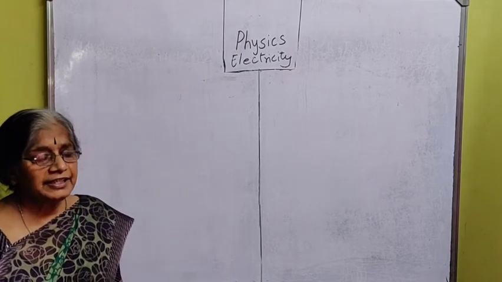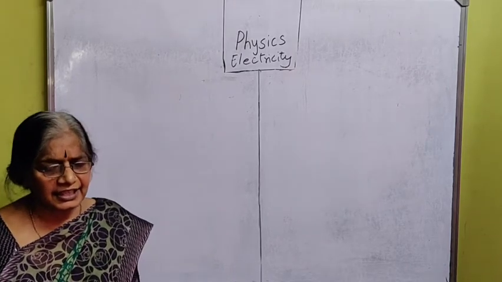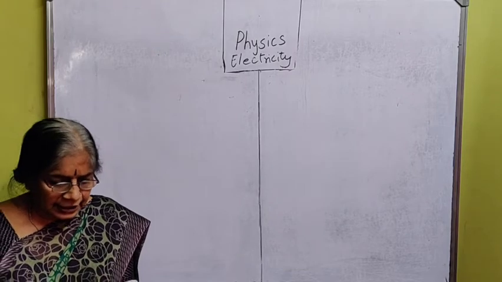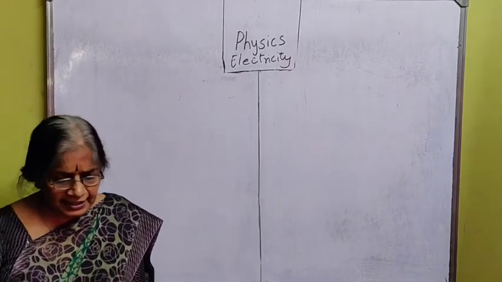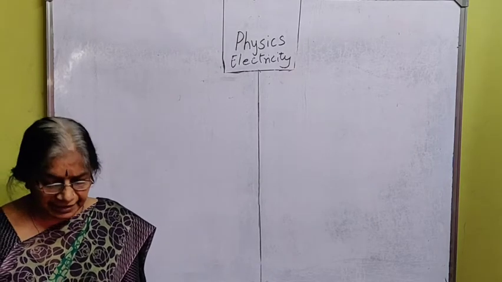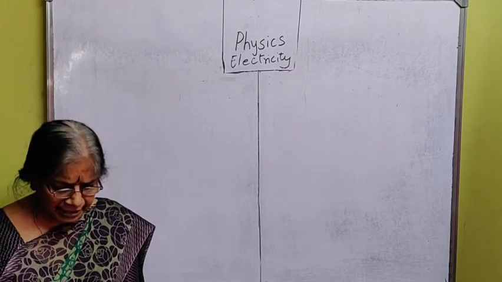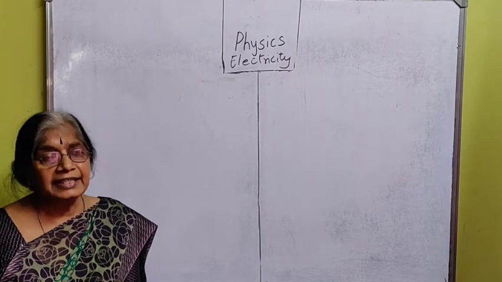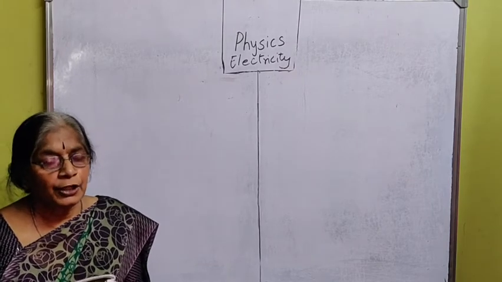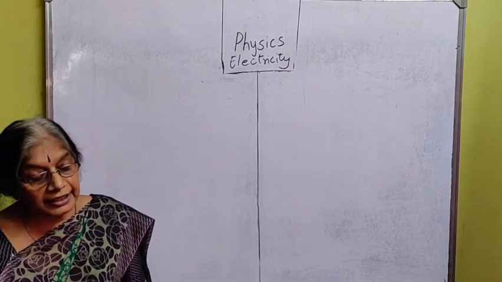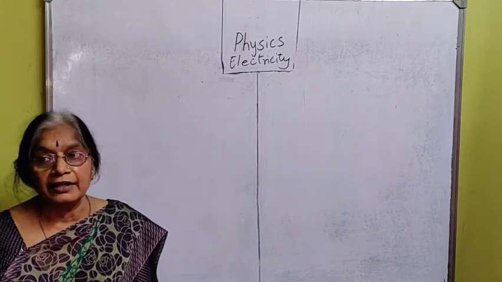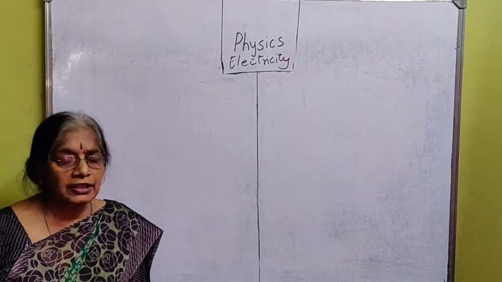Students, yesterday we solved sums based on electricity, the exercise sums. I have sent you the photocopy of the sums where sum number 6, 7, 8, 9, 11 and 13 are marked in red, which you have to do by yourself, because this type of sums we have already done in the worked examples. And you have to solve all these sums.